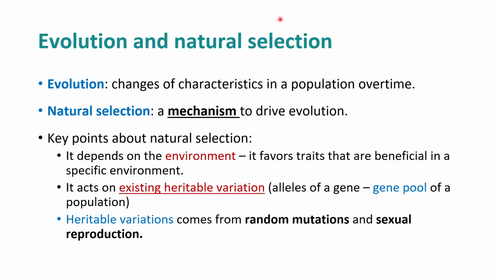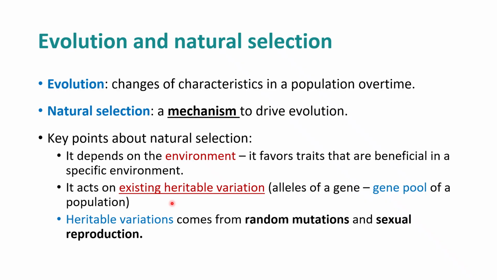So, here's some key points to keep in mind about natural selection. First, there's no better traits, only the fitter traits. Because natural selection depends on the particular environment that the population lives in, it doesn't mean that it's always a better trait, but a trait that's suitable for environment A might not necessarily be suitable for environment B. And a trait that's suitable for A at this moment might not be suitable for the same environment in 500 years, right?